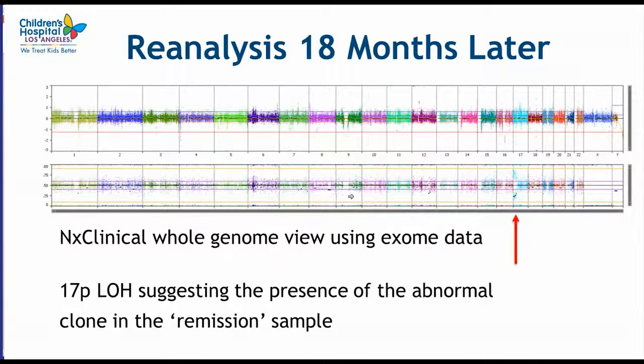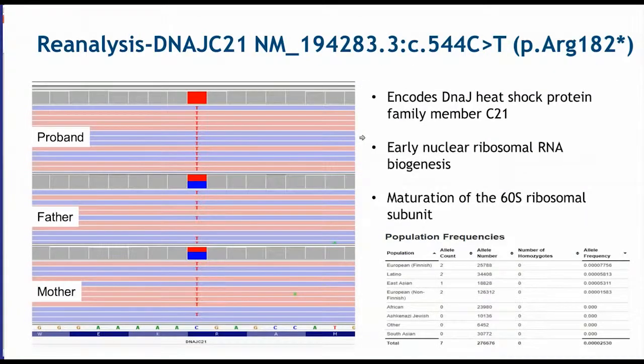And so if at the time of initial exome diagnosis we had had this second view, the ability to see not just sequence, but copy number variants and LOH, we would have interpreted the TP53 mutation completely differently. We would have been alerted to the fact that there are probably residual MDS cells in the sample. So in addition to then suggesting that a p53 mutation is somatic, what was also found in reanalysis was